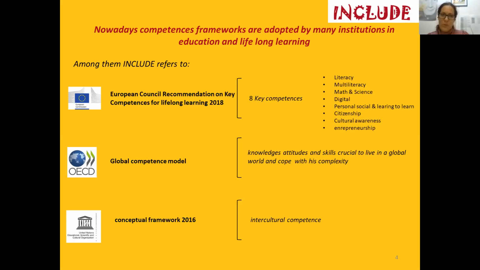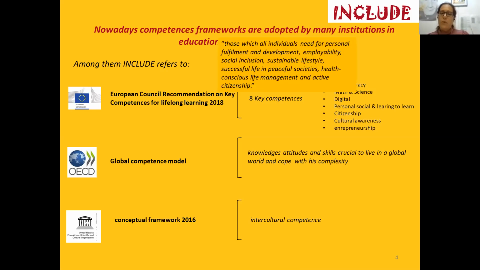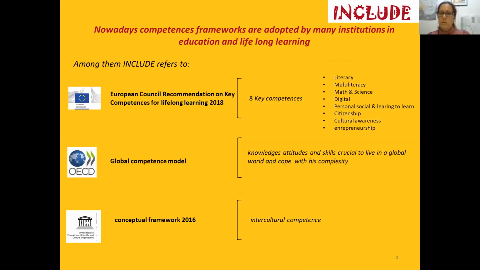So coming back to the European Council framework, this framework identifies 8 different key competencies that are those which all individuals need for personal fulfillment and development, for employability, for social inclusion, for adopting sustainable lifestyles and a successful life in peaceful societies. So it's a very wide perspective on individual lives and, of course, collective life of people. What are these 8